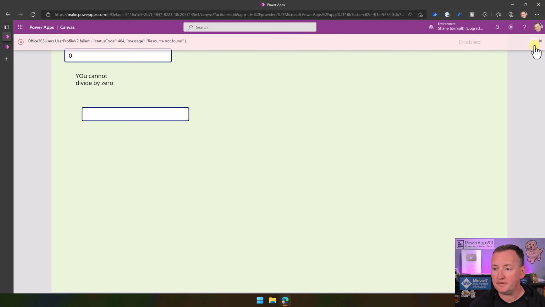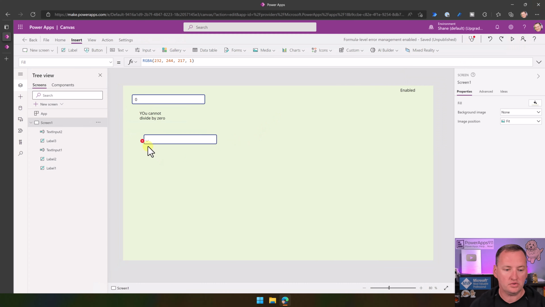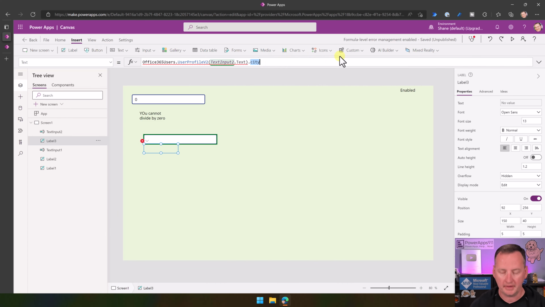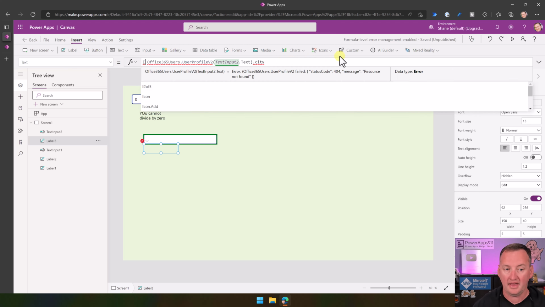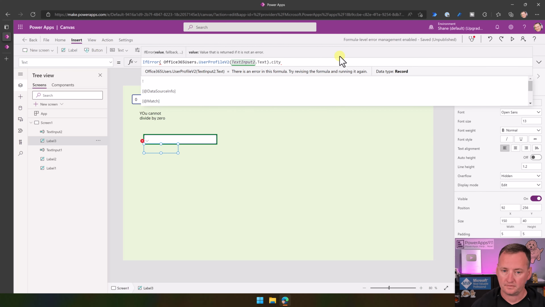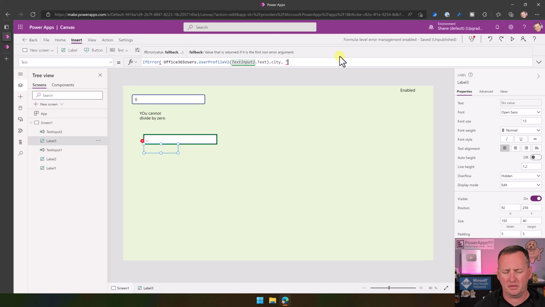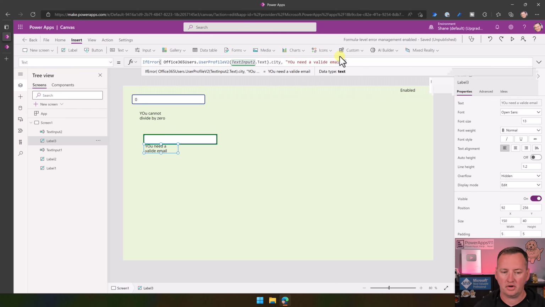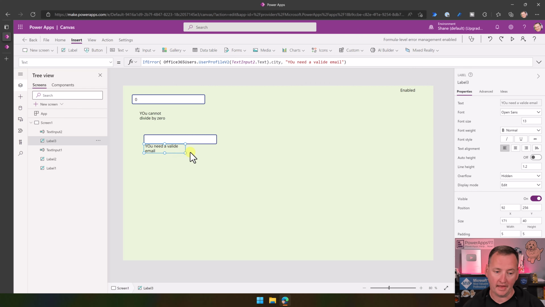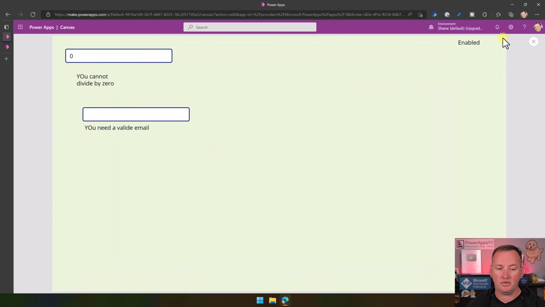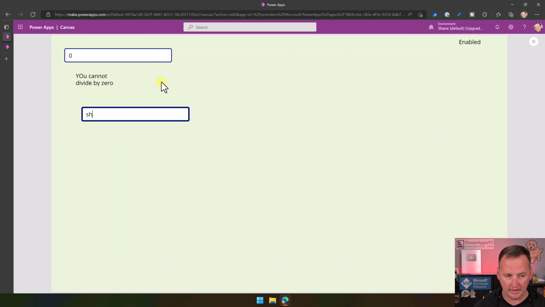Okay, so same type of scenario though. Now that you understand that you could use IfError with this turned on, you could come here and say something like IfError that, then what? We want to say, you need a valid email. And I realize I spelled that really poorly, but that works. And so now if we hit play, we get that, but if we put in my email address properly,